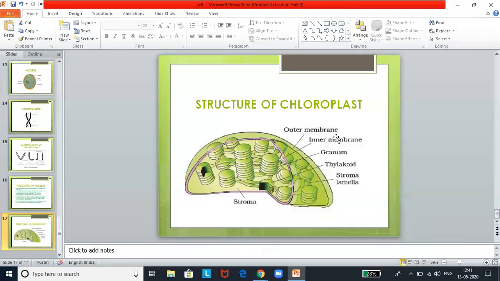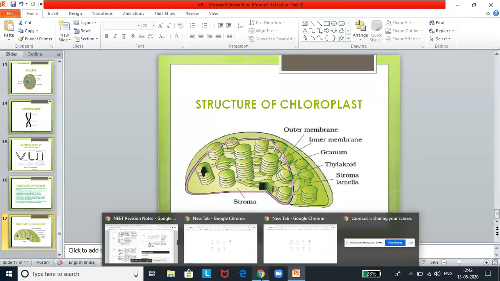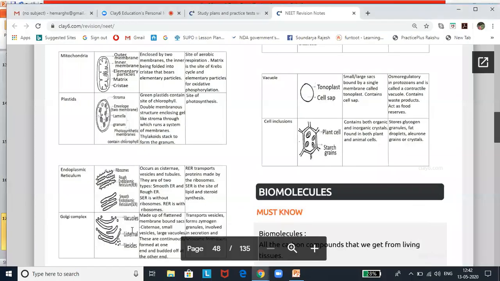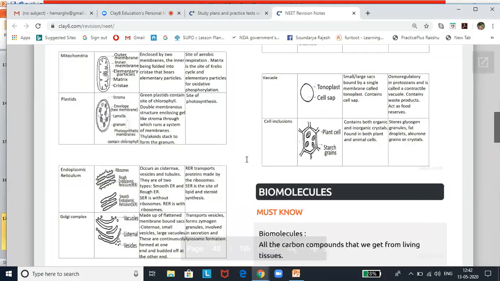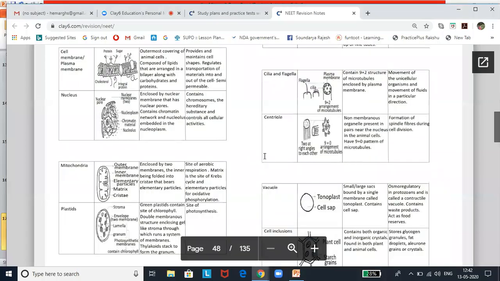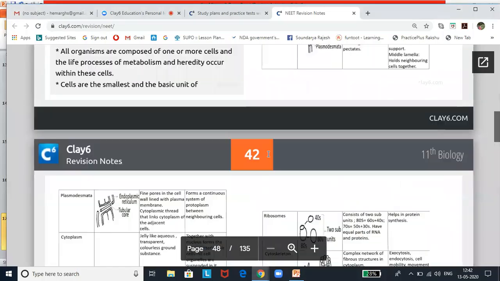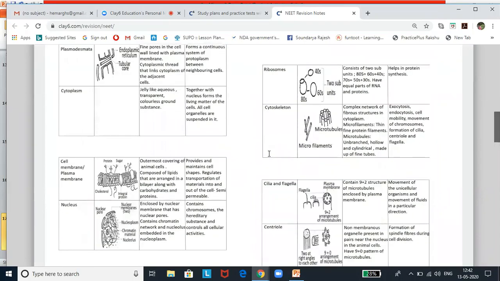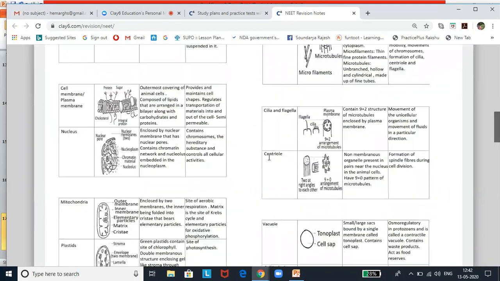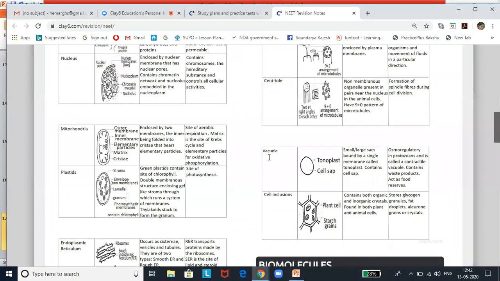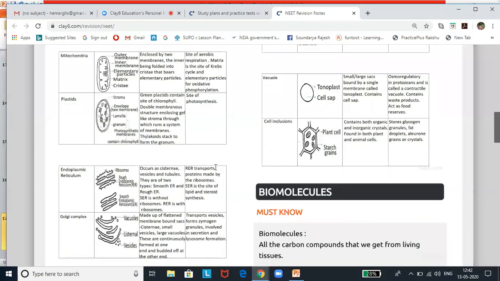So this diagram is very important. They will ask you to identify the structures, or they will ask you to identify the structure and the kind of reaction that takes place, whether it's a dark reaction or the site of light reaction, which you will be learning in photosynthesis. Now, if you look at this table, whatever I have spoken for 40 minutes, and even in your textbook, you will be studying around 10 to 12 pages, everything is summarized in this PDF. That is why I said having this PDF would be an advantage for you to revise it.